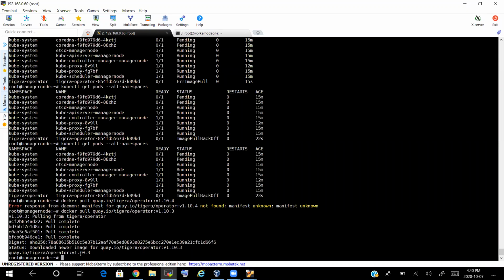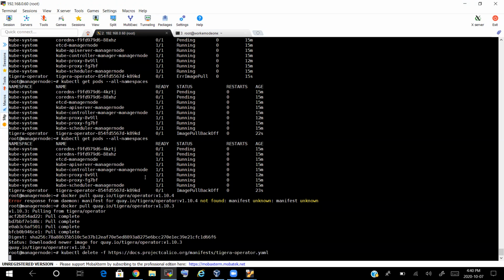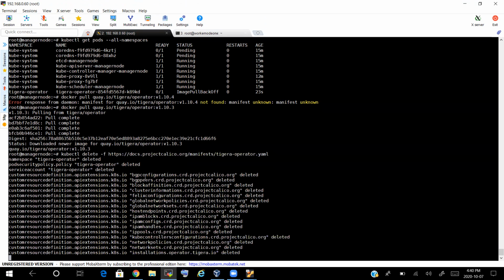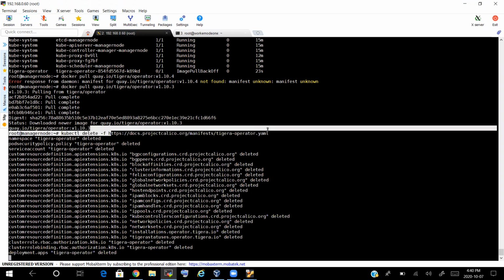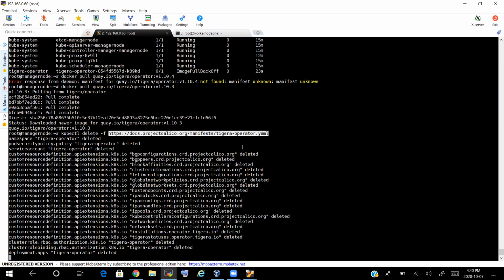So I'm able to pull this image. So I will try to update this into the deployment of the Tigera. So how to do that? Let's see. So kubectl, let me try to delete this first. So let me copy this. Instead of directly applying this file, what I will do first is download it, similarly to how I did for the other YAML file, right? So first I will try to download it.